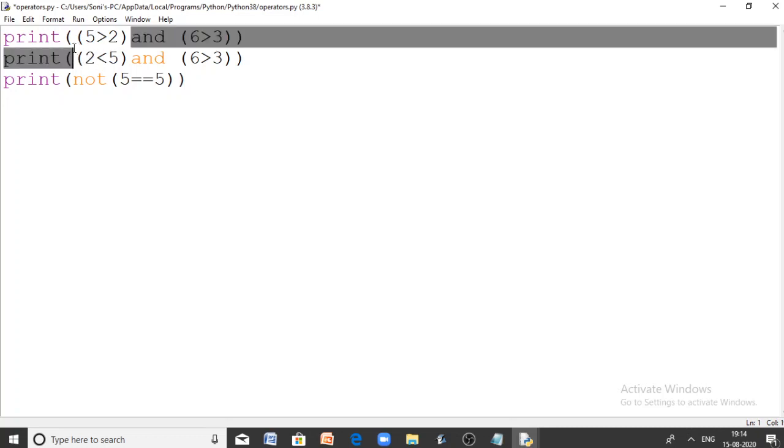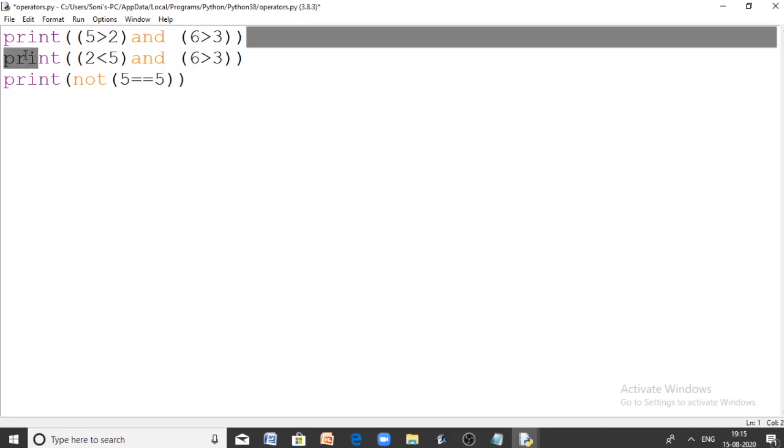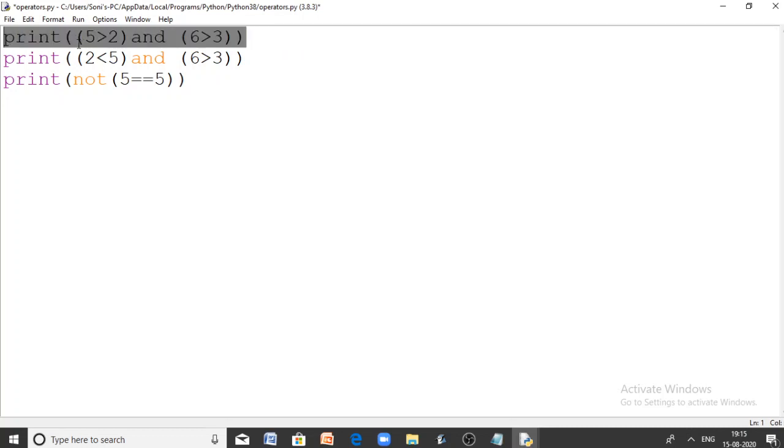So this is true and this is true. So both are true, and true and true is true. Suppose either of the conditions is false, then it will return false. So the first print statement will return true because both conditions evaluate to true. 5 greater than 2 is true, and 6 greater than 3 is also true.